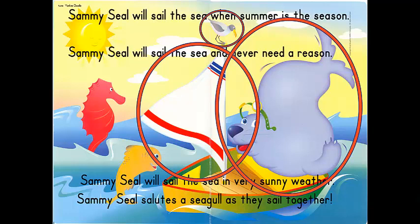Seagull. It all starts with an S sound, just like Sammy Seal and sail. Seagull starts with an S also, or the S sound. Then the next one I see is right over here, and that is called a seahorse. And you hear at the very beginning, whenever I say seahorse, you hear that S sound, just like the S